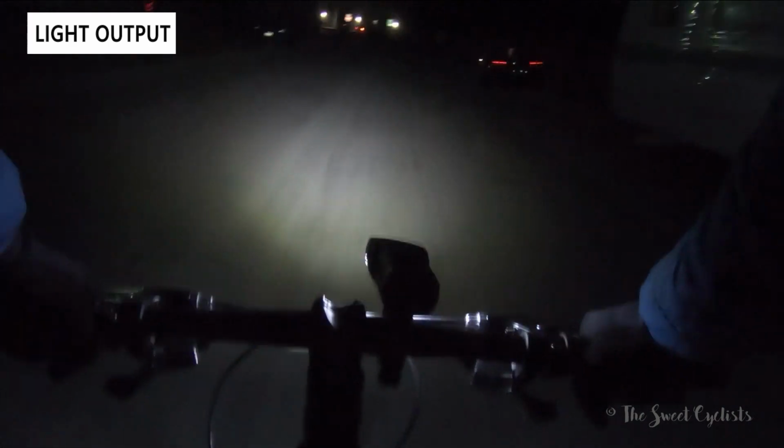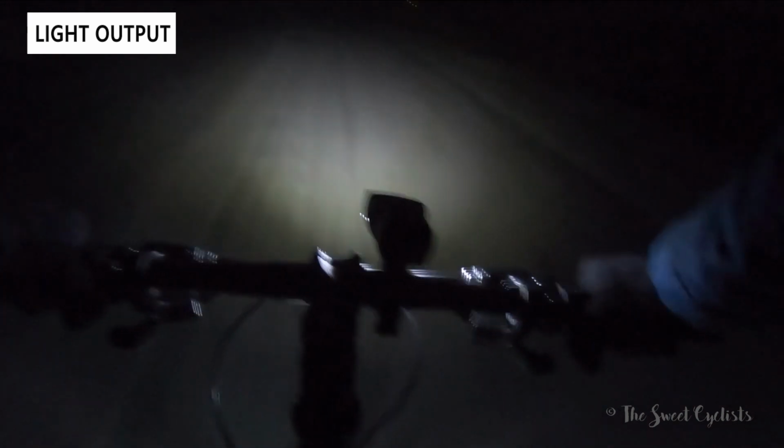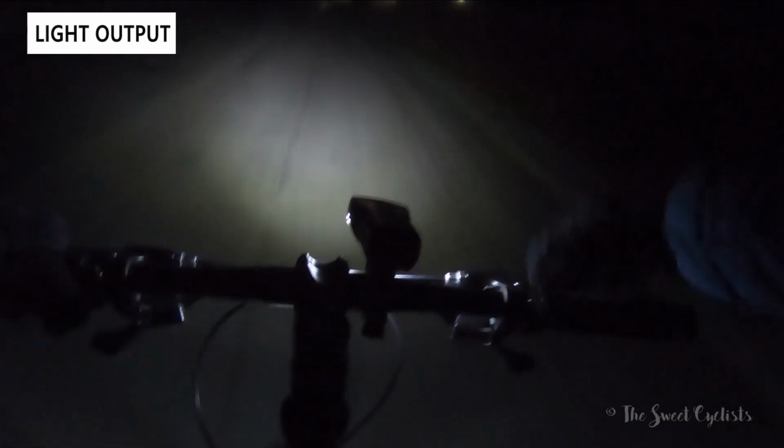We're also impressed with the beam pattern. Even though it uses a fairly basic reflector, you can see it has a fairly focused beam that's about a car width in front of you. And then the more diffused second LED throws some light to the side so you can actually do corners and